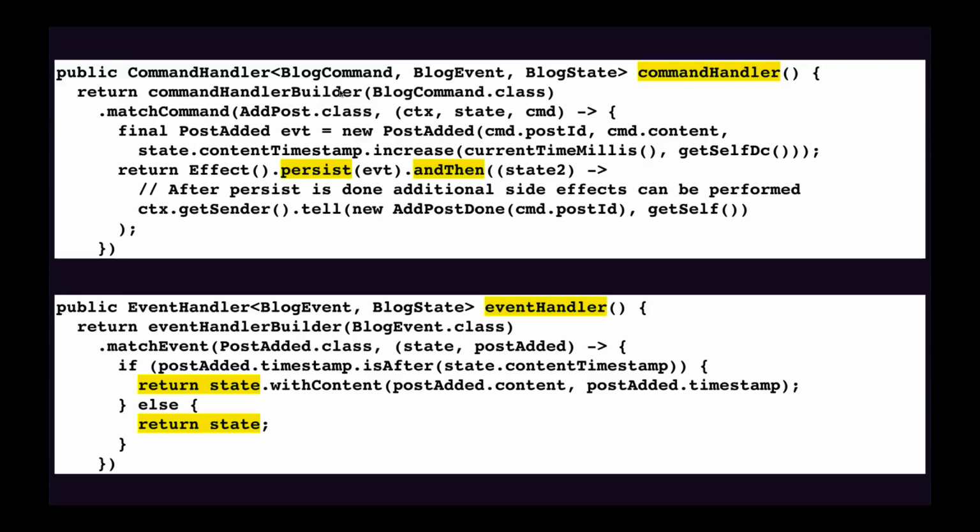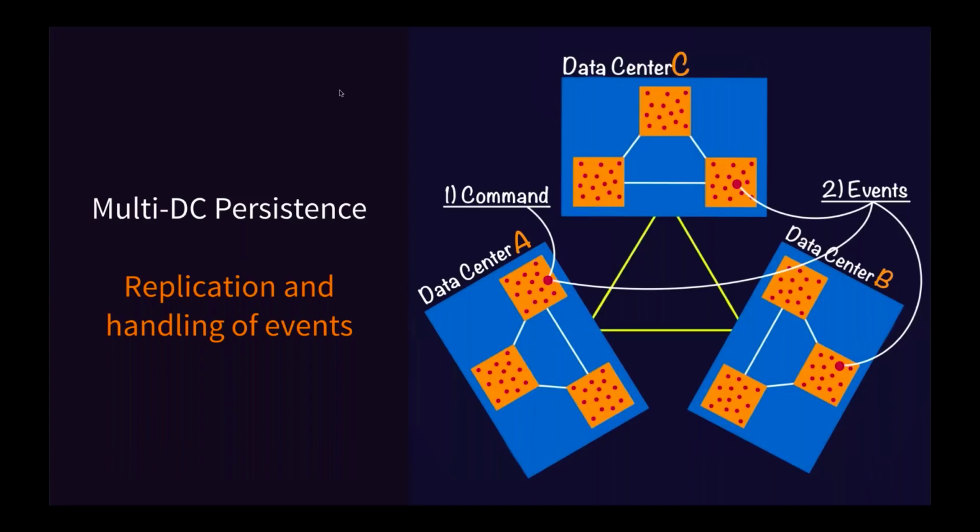So this is what's kind of interesting, though. We have, say, a 3 data center environment where we're doing the replication between 3 data centers. The command comes into data center A, that doesn't persist, but then the event handlers are invoked for an actor that represents that entity in all 3 data centers. That's what I'm trying to show in this diagram: first the command handler comes in, and second the events are processed in each of the data centers. This is the mechanism that's used to keep these replicated instances of the entities in sync with each other across multiple data centers.